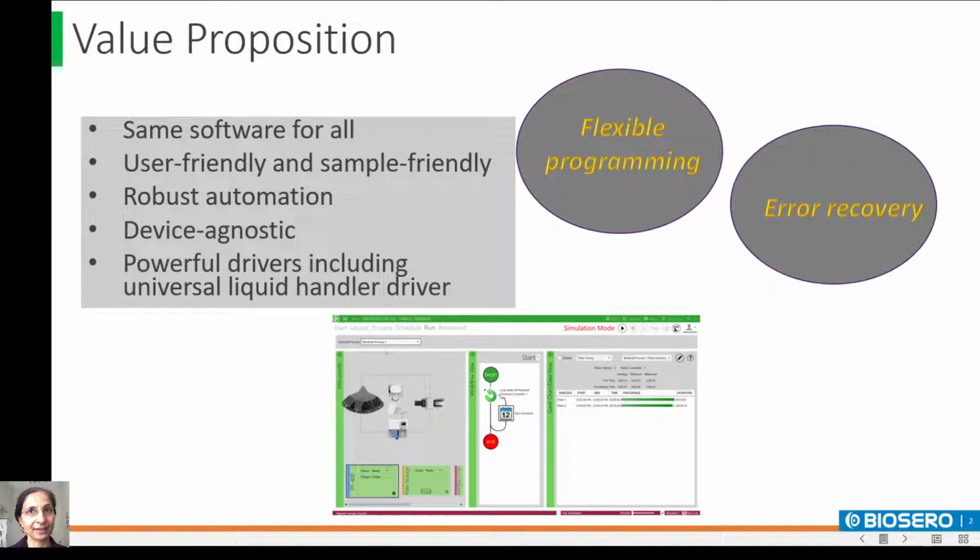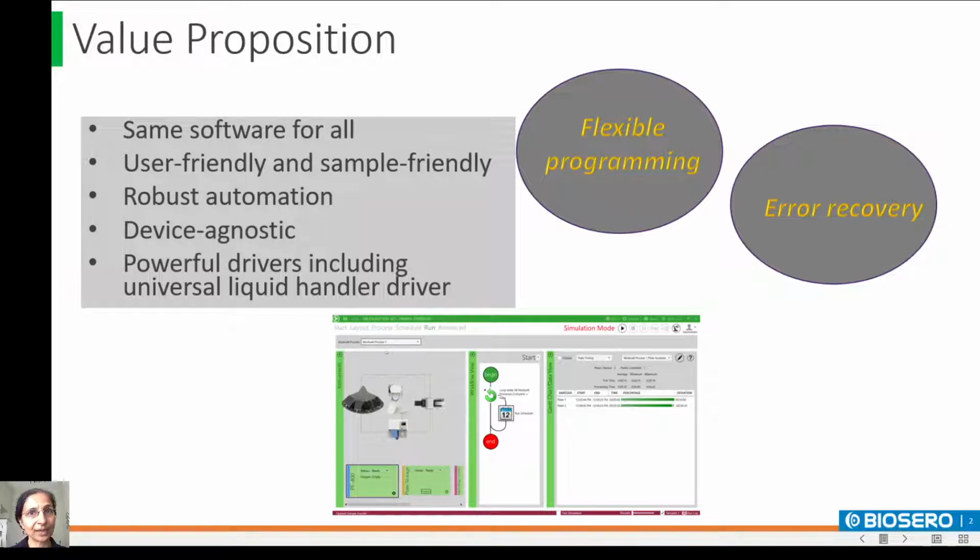It is user-friendly. In less than 30 minutes, you can learn to make your method, starting from defining the system layout and run it in simulation. It is sample-friendly, giving you ease in configuring the sample source and providing chain of custody for your samples. You have access to fine control on low-level workflow commands through the Advanced tab. Auto-generated procedures, variables, data tables, scripts, user screens, and individual instrument commands are at your fingertips, allowing you flexible programming.